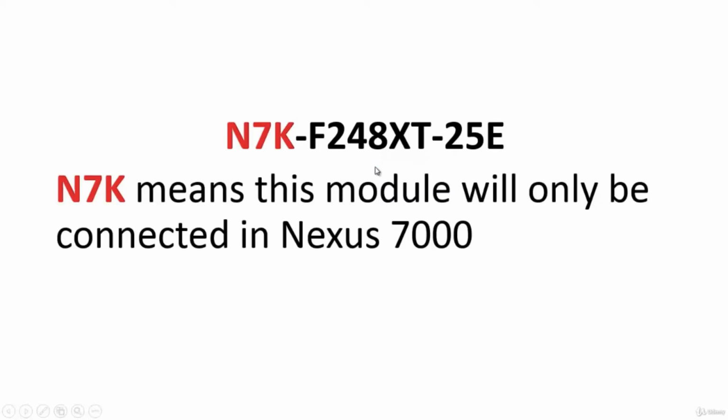So N7K means this module is specifically designed for 7000 series modular chassis for Nexus. Okay, because if it was N9K, then that would mean it will support 9000 series devices, modular devices. One thing I want to tell you here is that if it is mentioned as N7K, that doesn't mean that it will work on all of the chassis of 7K. So you need to check the data sheet because there are many line cards which have been marked as end of life by Cisco. They don't sell it, don't support. So you need to check that. By looking at this name, it means it will work in 7K and is designed for 7K only.